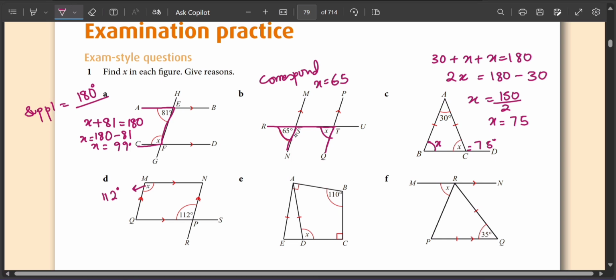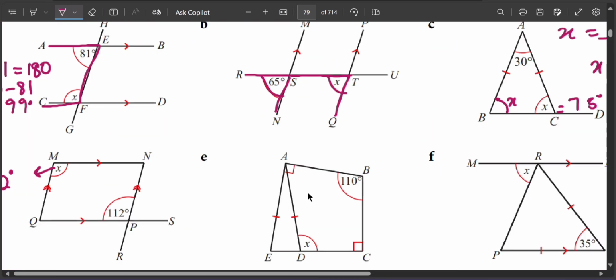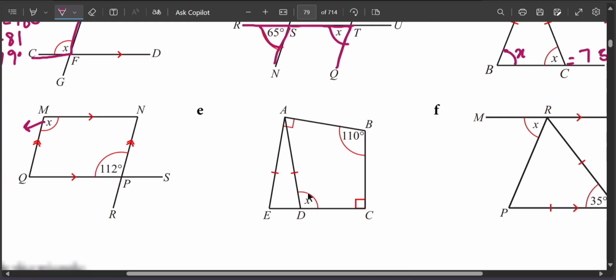And in the E part, we have this 90 degree angle. Alright, so this is a perpendicular. This is a mixed shape, so you need to be very careful when dealing with it. So we have this 110 degrees and this x. So what we are going to do is